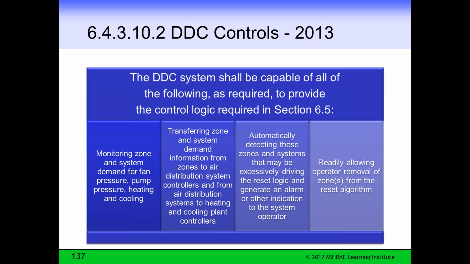Now, why this is important to us is that we have a lot of those requirements in the prescriptive section, and you've seen a couple of them already, like the valve position. If you had one valve stuck wide open in that system, then that control logic that we were using to say speed the pump up until there are no valves 100% open, slow it down as long as there aren't any.